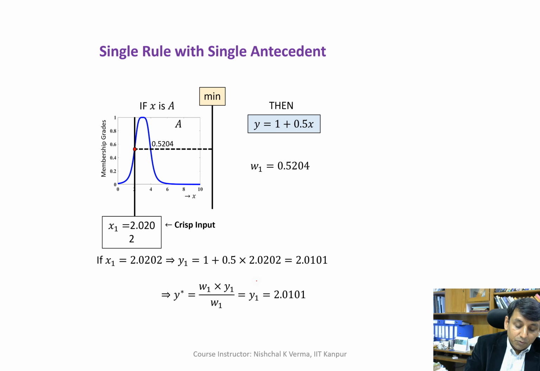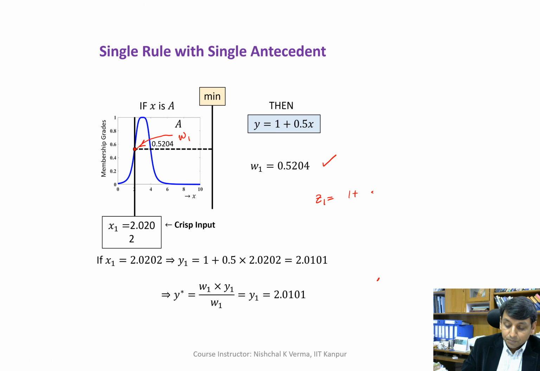So we get the W1 here, and since there is no connective, only one antecedent is there, single antecedent, this becomes the W1. So this is the weight of the rule, or firing strength of the rule, so W is known. And then our Z1 will be 1 plus